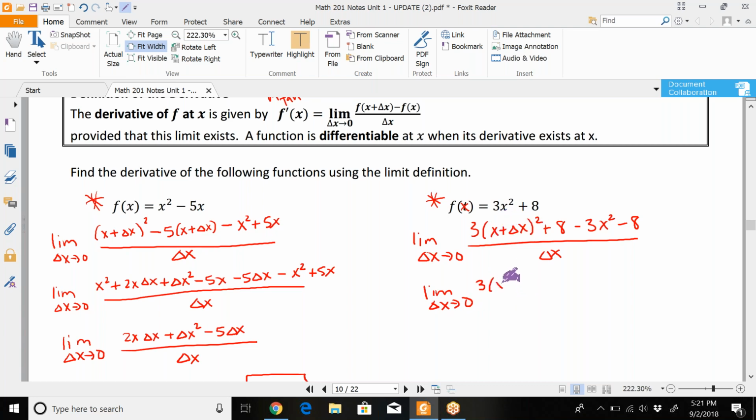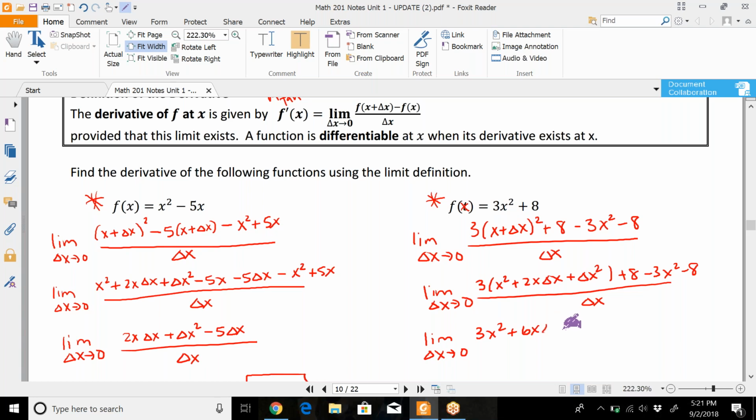So we're going to FOIL out that, and that's, remember, x squared plus 2x delta x plus delta x squared. We still have a distributed 3 plus 8 minus 3x squared minus 8 all over delta x. If I distribute the 3 on the top to that parentheses, that's 3x squared plus 6x delta x